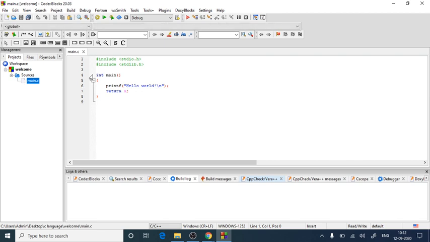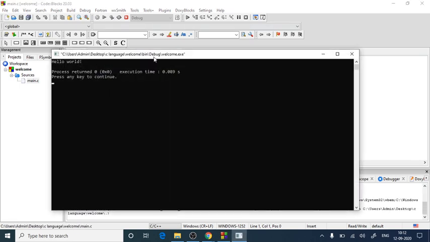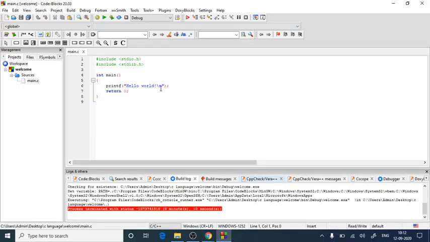So main.c is a default program whenever you are going to make any project. It's just a program for printing hello world on the output screen, with 2 header files and one printf function under the main function. The printf function is used to print anything on the output screen. So we'll simply build and run this. As you can see, the output hello world is being printed, and the cursor goes directly to the next line as we have used \n here, which takes the cursor control to the next line.